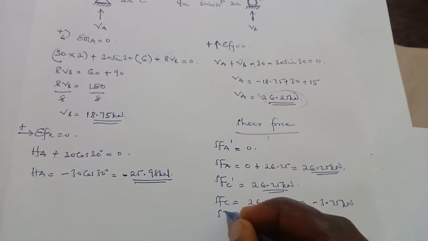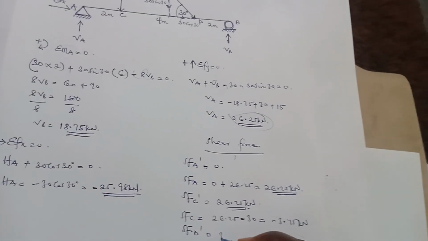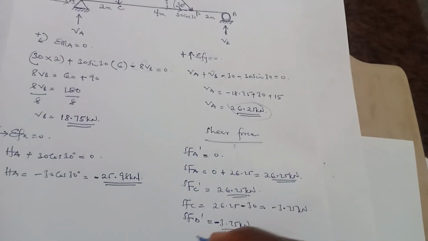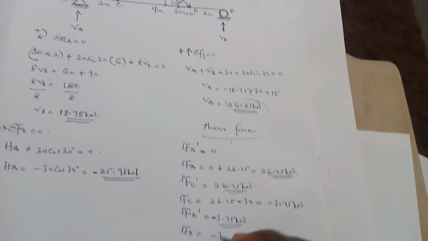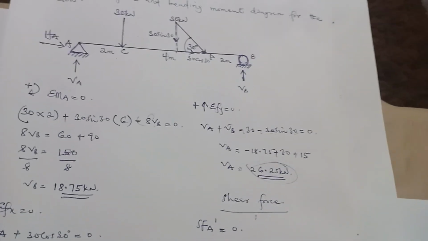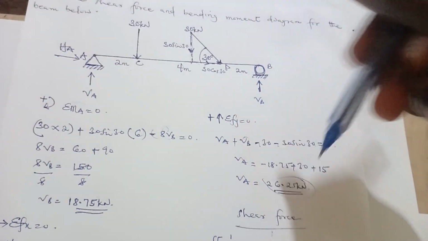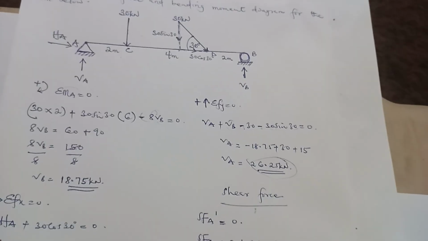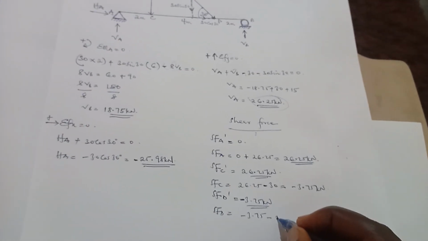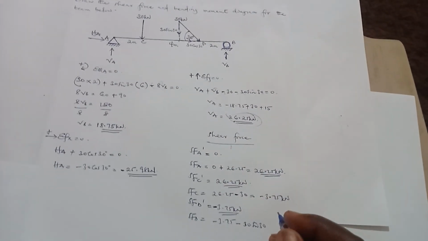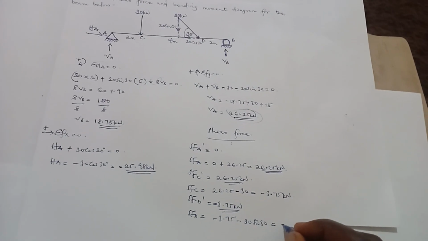Then from there, we'll come to the shear force at D prime. That one is going to be negative 3.75 kilonewton. Then shear force at D is going to be negative 3.75. And when you look at the vertical component, shear force is the sum of vertical forces. The vertical component is coming down. So that's going to give you minus 30 sine 30. And this is going to give us negative